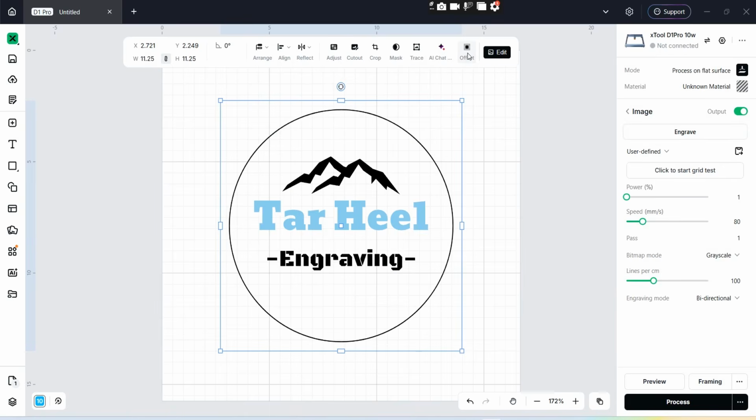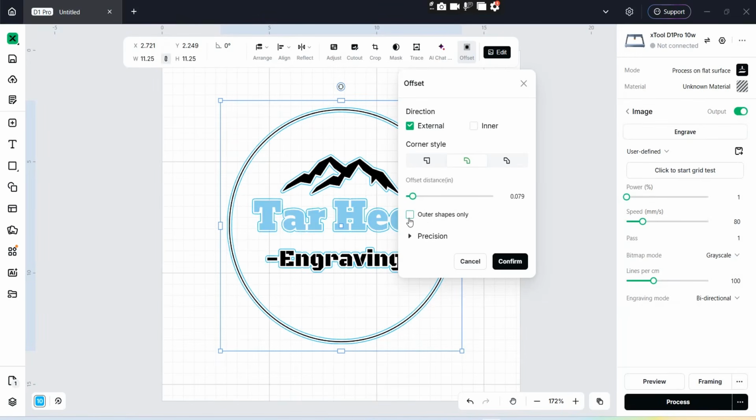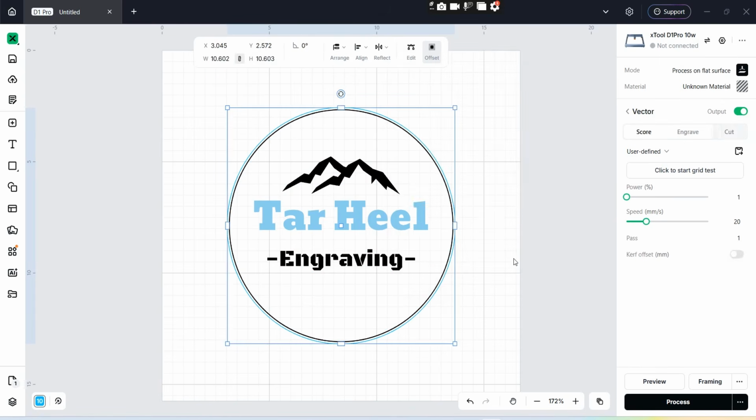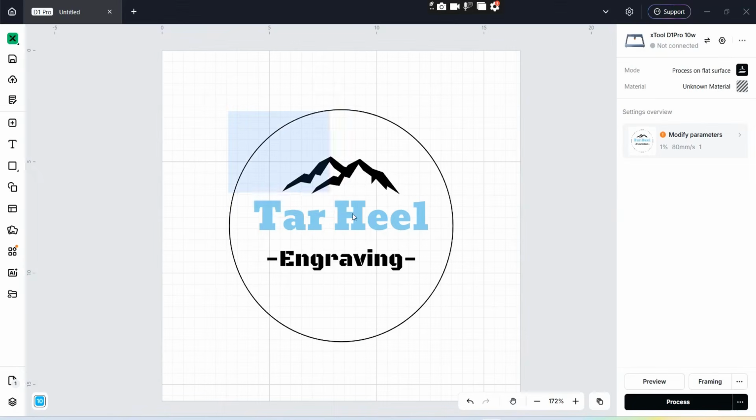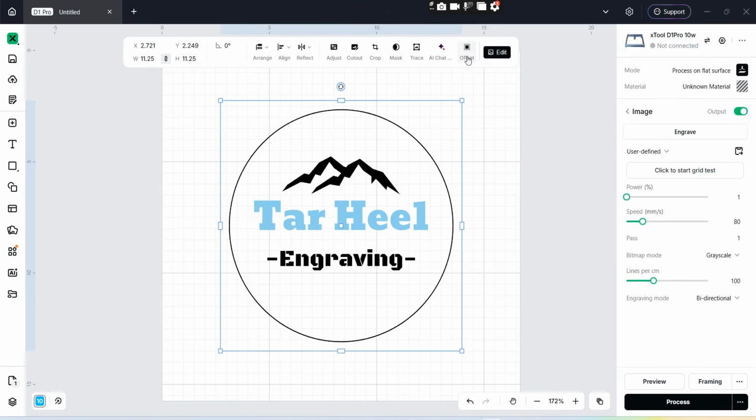And click on offset, and then come down here to outer shape only. Okay, now you notice there's just a little blue line around the outside of the circle, and hit confirm. And there's your outline. There's other cool things that you can do with this using the offset button,